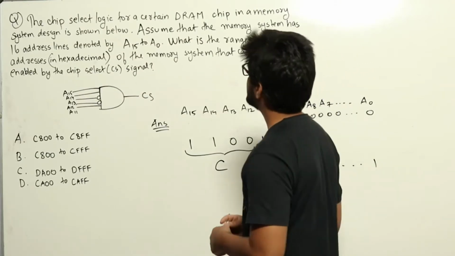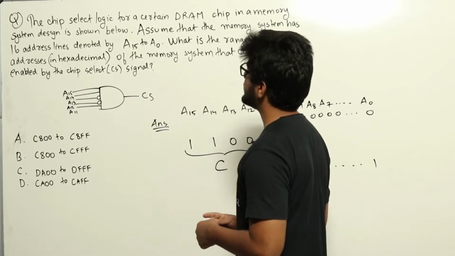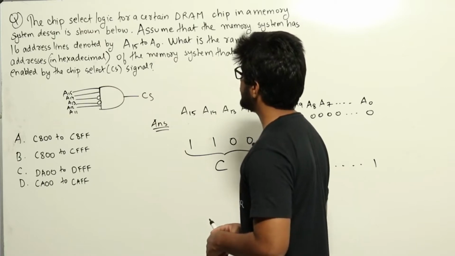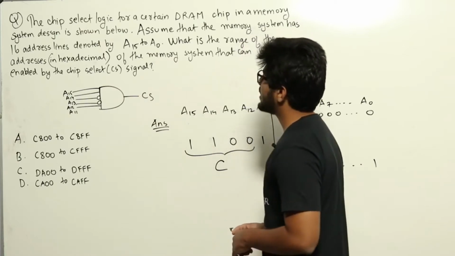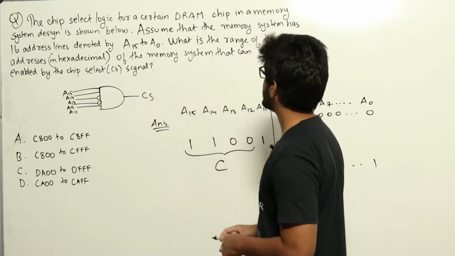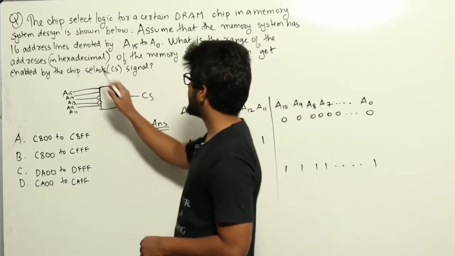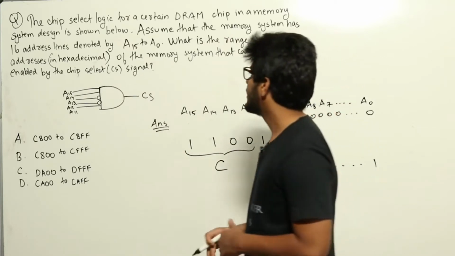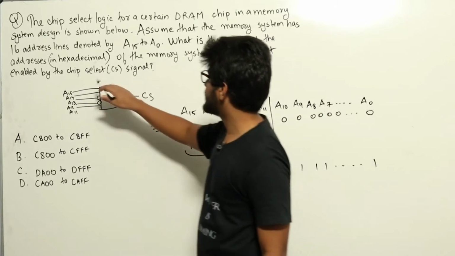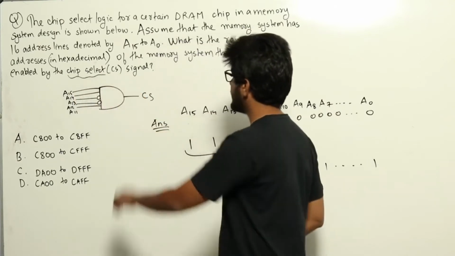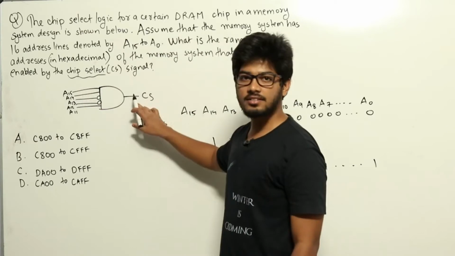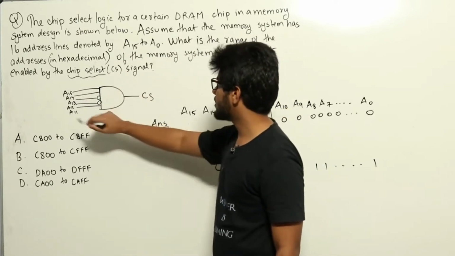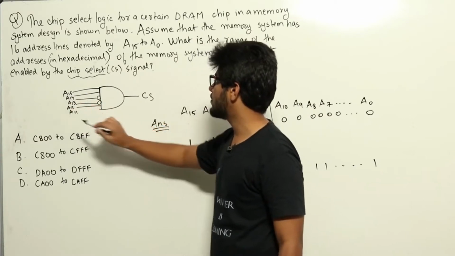The chip select logic for a certain DRAM chip in a memory system design is shown below. Assume that the memory system has 16 address lines denoted by A15 to A0. What is the range of the addresses in hexadecimal of the memory system that can get enabled by the chip select signal? So this is a question coming from the digital logic section. In the question they have given us a particular signal called chip select, which is given here, and this chip select signal is getting generated by this particular AND gate. To this AND gate we are giving the signals A15, 14, 13, 12, 11 as input,